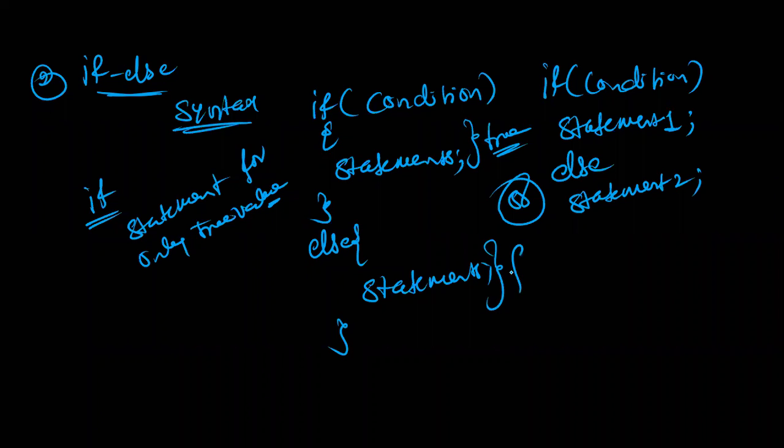This is a statement for false. So in an if else statement, according to the condition, if the condition is true, we have some set of statements. If the condition is false, we have another set of statements. I will give the previous example we discussed, to show how we work with the if else statement.